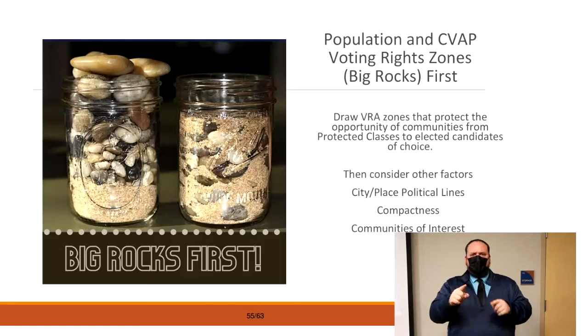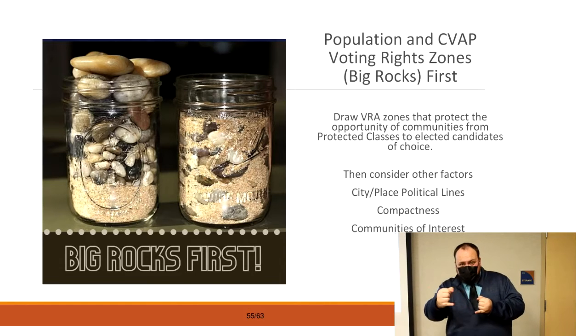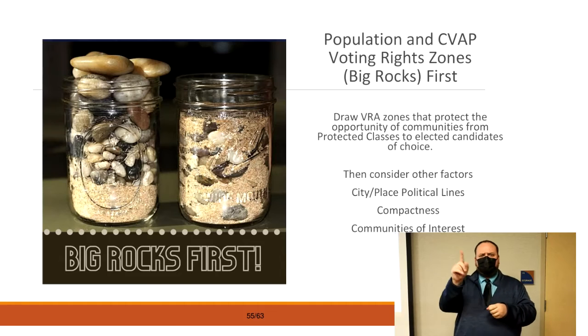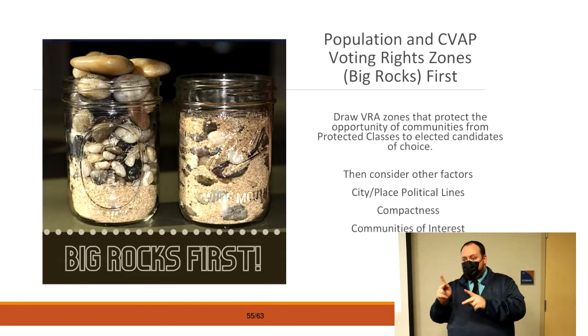The second thing is that the Equitable Map Coalition in 2021 worked in redistricting efforts with great success through the Central Valley. That includes the state legislature. We drew the lines for Fresno, Kern, Kings, Madera, Merced, the Tulare County Board of Supervisors, as well as other cities, districts, and health districts. The most important thing about redistricting is CVAP, or voting rights zones. You guys call it zones, other people call it districts.